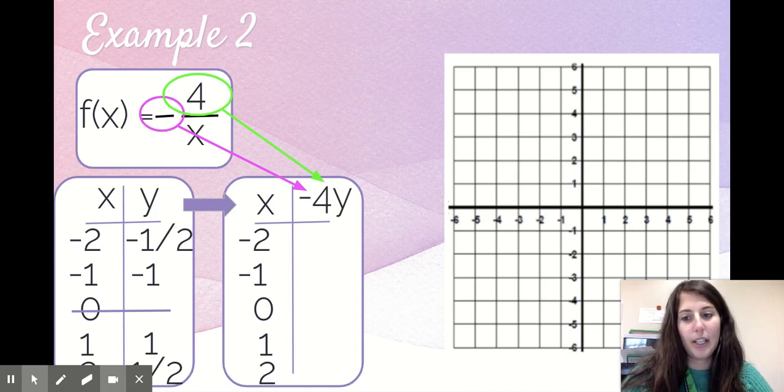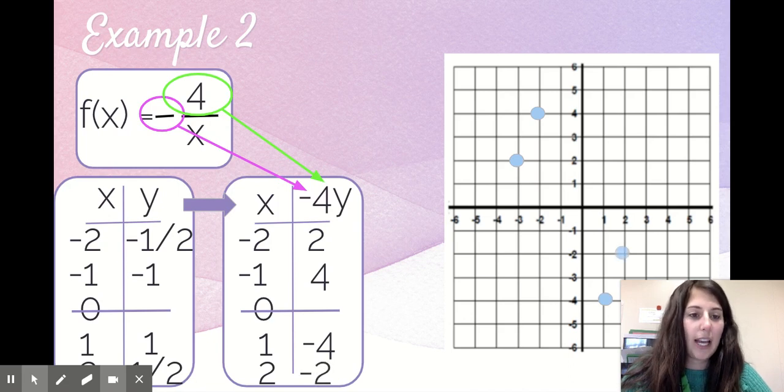If I take negative 4 times every y value, I have negative 4 times negative 1/2 gives me 2, and I'll plot that point. Negative 1 times negative 4 is 4, plot that point. I have nothing, so I have to put a line there. Negative 4 times 1 is negative 4, and negative 4 times 1/2 is negative 2. So notice I have my rational function in two different sections. So if I go ahead and sketch those graphs,